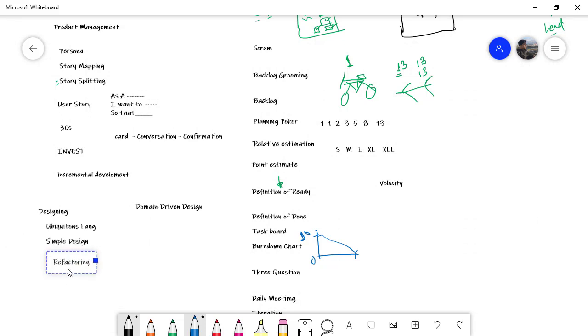The next phase, the next word is refactoring, and I think I have already shown you a couple of examples of this. When you write a piece of code, your first release is never going to be perfect, right? You are going to make a lot of design mistakes. Your code is not going to be according to the best practices of writing code, and that is completely all right. It is always the next iteration that your code is going to start to improve